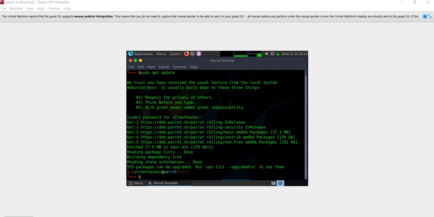After completing this, we are going to give a command: sudo apt install virtualbox-guest-x11.